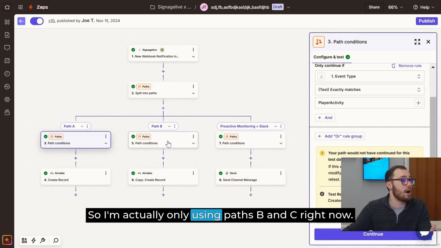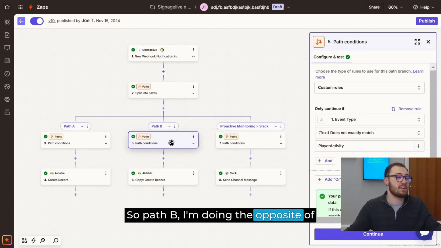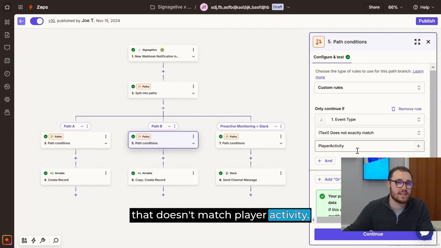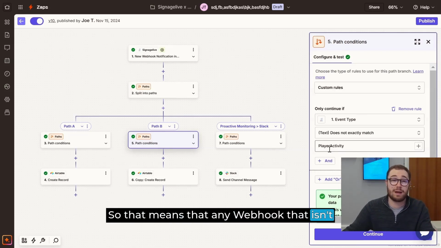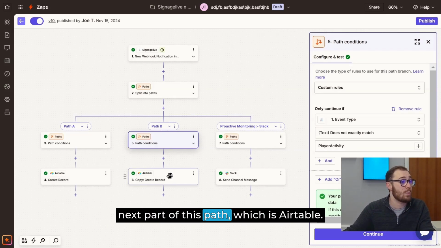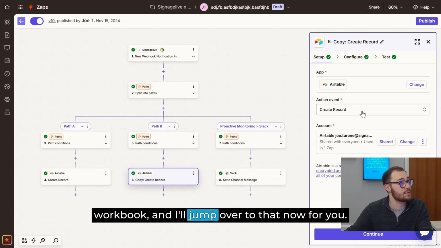So I'm actually only using paths B and C right now, but let's take a look at this. In path B, I'm doing the opposite of what we were doing in that first path, and I'm filtering by any event that doesn't match player activity. That means any webhook that isn't player activity is going to continue into the next part of this path, which is Airtable. Now I've connected this with an Airtable workbook, and I'll jump over to that now for you,